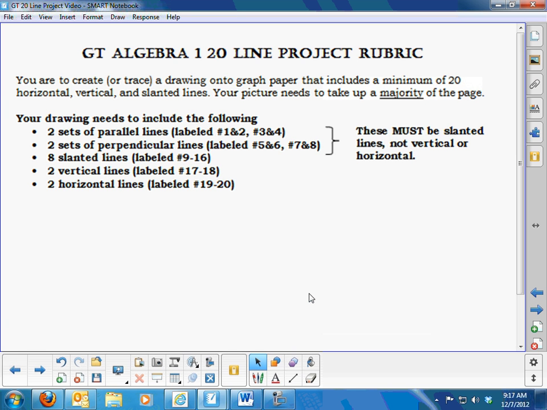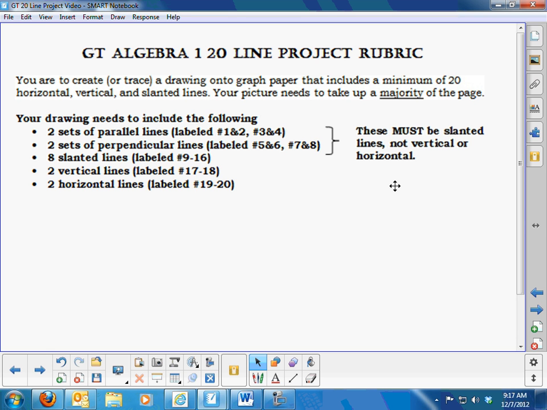Here is the rubric for what your picture is going to include. You're going to create, or for those of you who are not artistic, do not worry, you can also trace a picture onto graph paper that includes a minimum of 20 horizontal, vertical, and slanted lines. Your picture is going to take up a majority of the graph paper page. Now, your picture is probably going to have a whole lot more than 20 lines. However, we're going to choose 20 lines to focus on for this project and find the equations, domain, and range